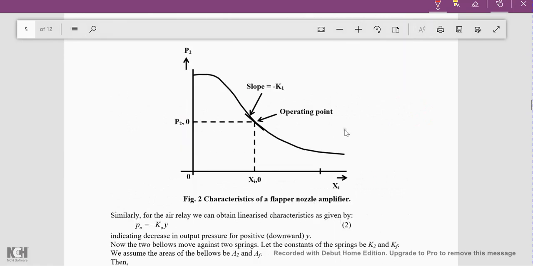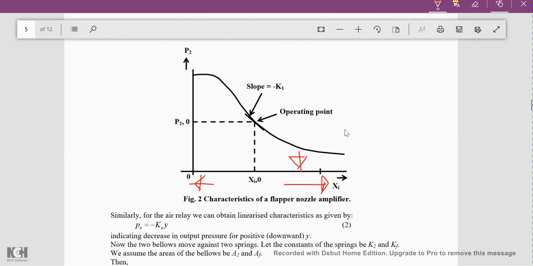So here we have the characteristics. As the displacement increases, obviously the pressure is going to decrease, and if the displacement decreases, the pressure is going to increase, that we have seen. When the displacement is 0, at that time the pressure will be exactly equal to the input pressure, and when the displacement is too large, the pressure will be equal to the atmospheric pressure. So now we will not consider those extreme conditions. Let us talk about the practical conditions.